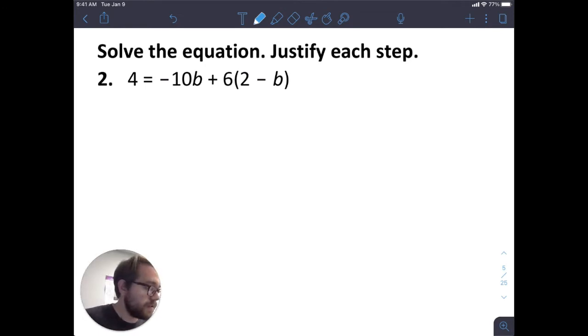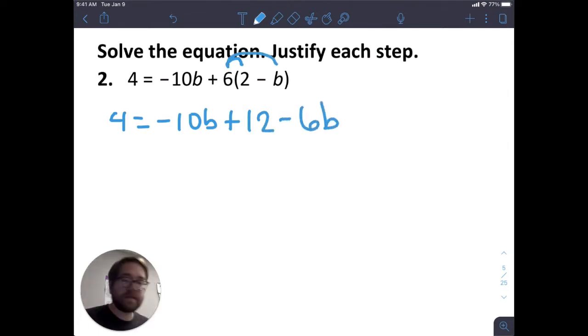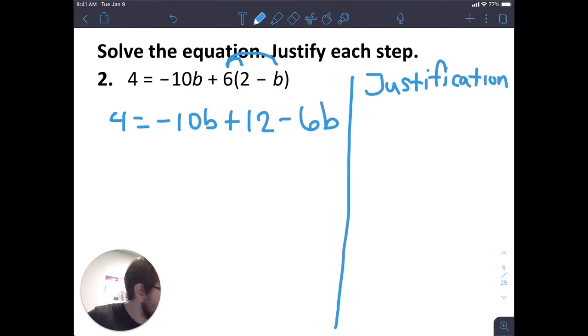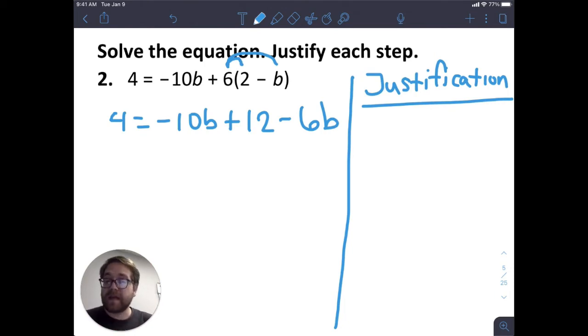So I've got this 6 out here that I'm going to multiply with what's inside. So the 4 equals negative 10b stays the same, plus 6 times 2 is 12, and 6 times b is 6b. Well, what allowed me to do that? Why was I able to do that? Or what did I do? So let's write our justification, or our reasons, over here. Well, what did I do? I distributed that 6 through. I took 6 times 2 and 6 times b. And so that's the distributive property